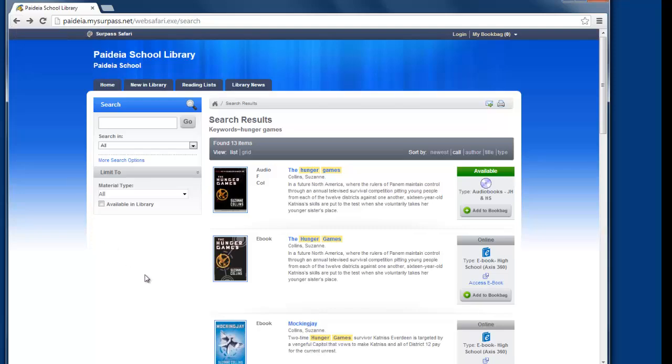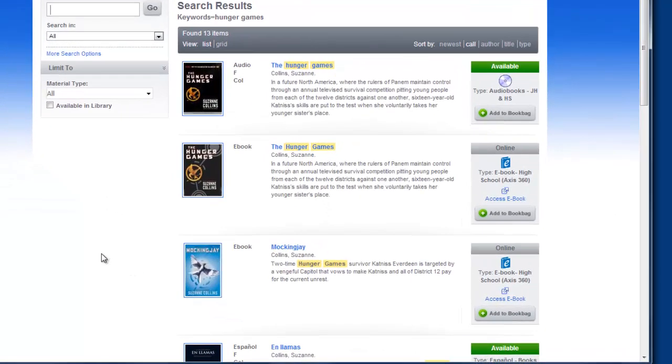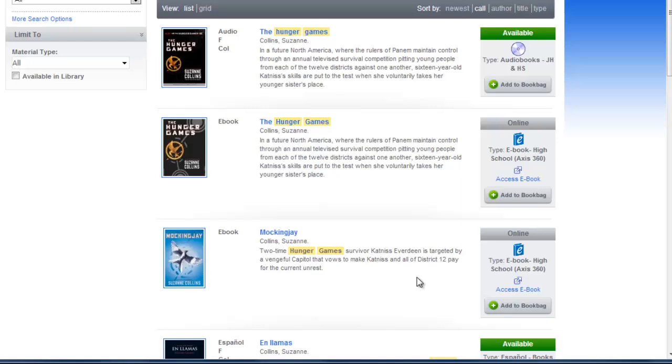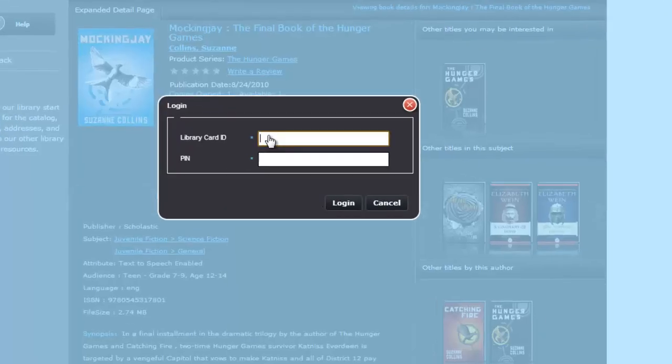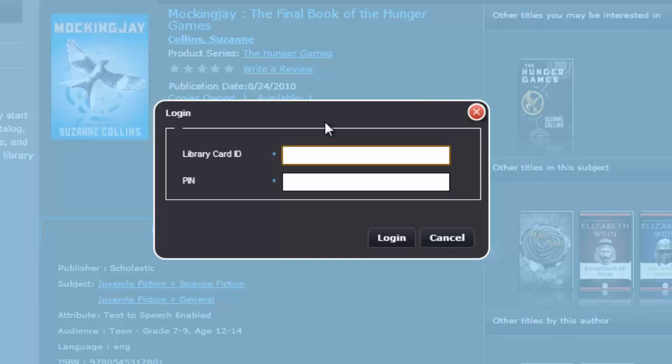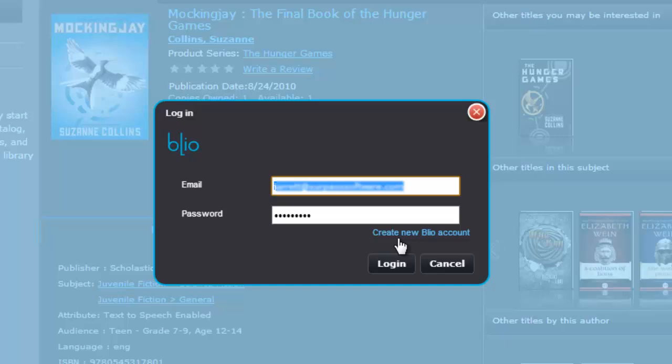So if I scroll down, you can see the next book in the list, Mockingjay, also has the Access ebook link on the right. So we'll click on this one, and now you can see that I have a Checkout Now button in the middle of this page. So this book is available, and I'll click on that button. At this point, the system asks me for my library card ID and PIN. This is actually the same as my Surpass username and password, and the link between the two systems makes this a live, real-time link. So if I put in my ID and password here and click on Login,